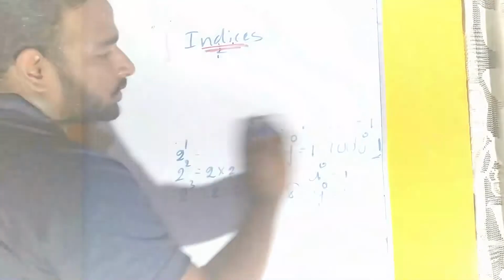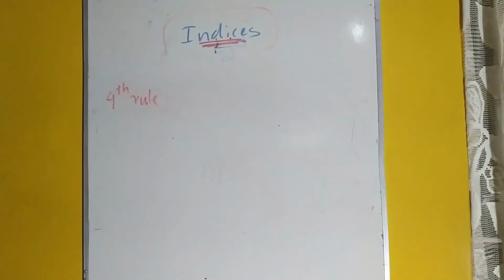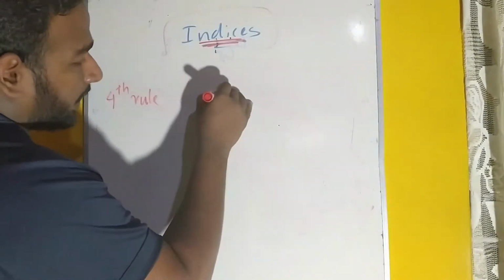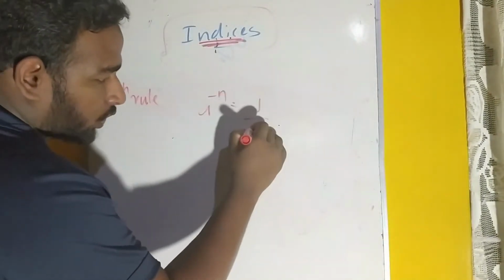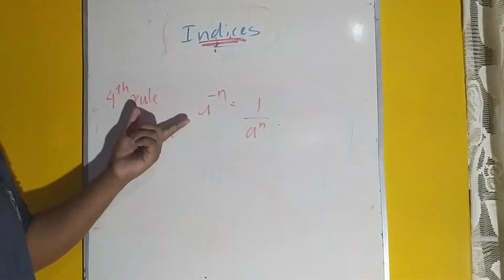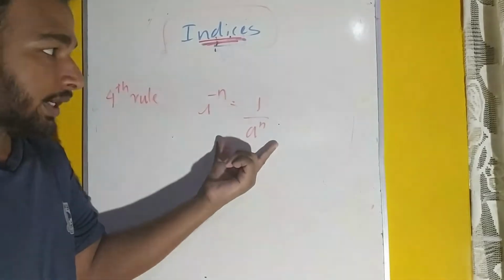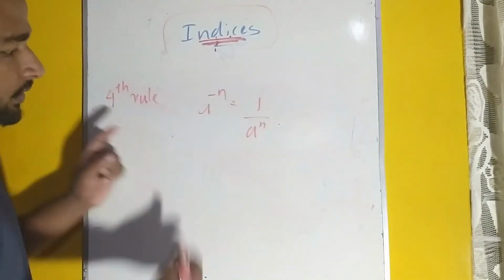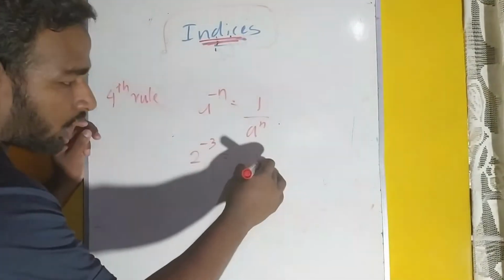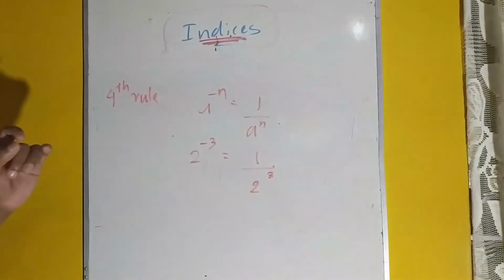Let's come to the fourth rule. The fourth rule is, if the power is in negative form. Just take a to the power minus n. If it is like this, you can write it as 1 over a to the power n. Just like reciprocal, you have studied reciprocal like that. The numerator becomes the denominator. When it becomes the denominator, the minus should be changed to plus. So 2 to the power minus 3, if it changes into the denominator, becomes 2 to the power 3, so the minus should be changed to plus. This is what we call negative form.